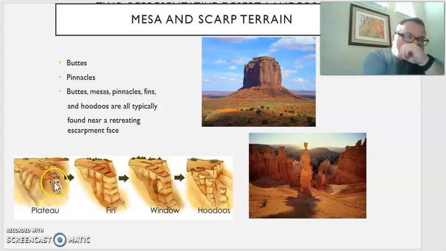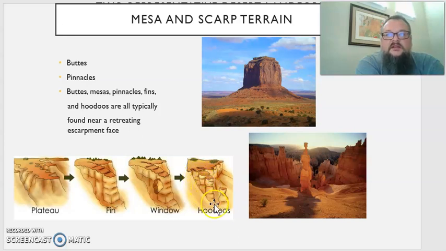They happen when you have a mesa or a plateau that is being exposed to weathering, and over time this weathering arranges the rock into what's called a fin. It's sort of like a long finger of rock that comes out, and over time the fractures or the joints in that fin wear down, and so you're left with these individual